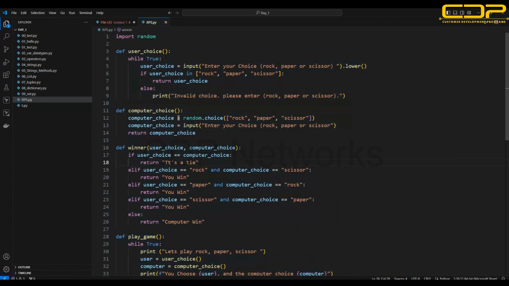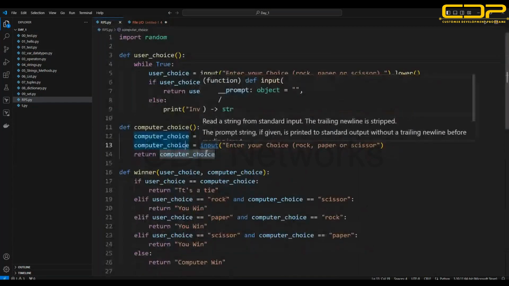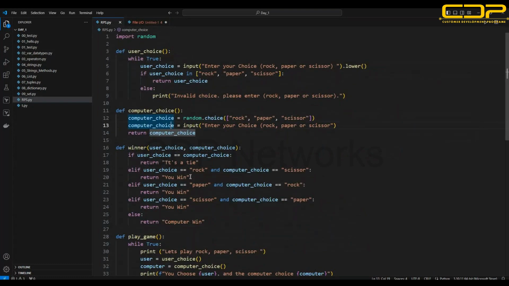So today's chapter is about files and how we will save the file, how we will modify the file, how we will open the file, how we can close the file in Python, and what types of files there are, what methods we'll use to open a file, to read, append, etc. So first of all, I'll give you an explanation that this game we made yesterday, when we run it,